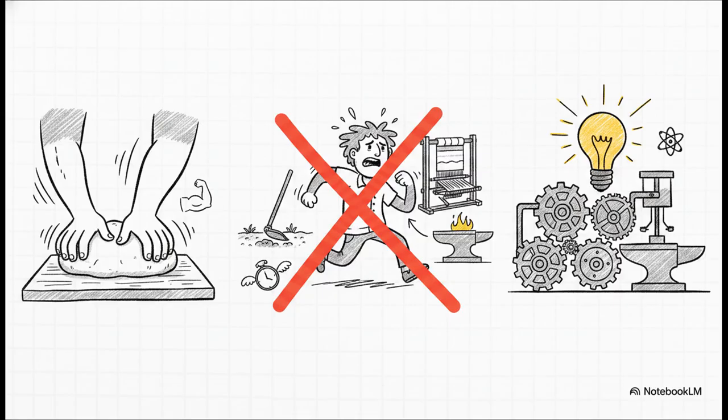First, increased dexterity. Think of a specialized dough maker in a bakery. If they only knead dough all day long, their muscle memory gets so dialed in, they become incredibly fast and precise. Second, zero time wasted switching tasks. If you're farming and then you stop to weave cloth and then stop to forge tools, you lose immense time just switching your gear and your locations. Specialization fixes that entirely.